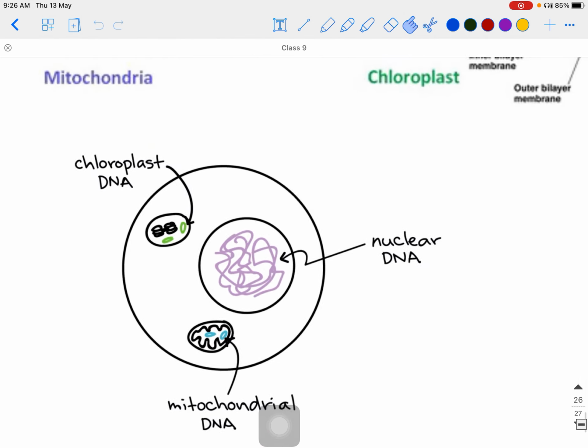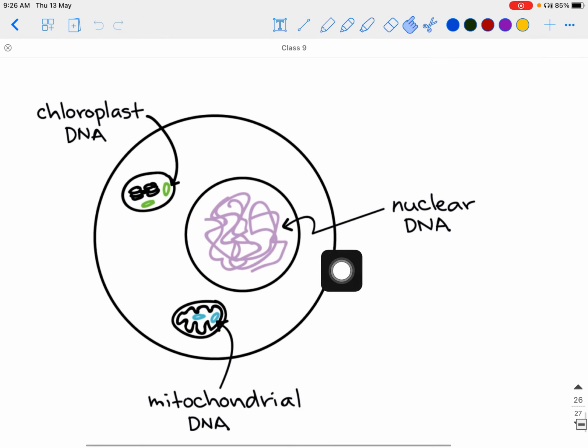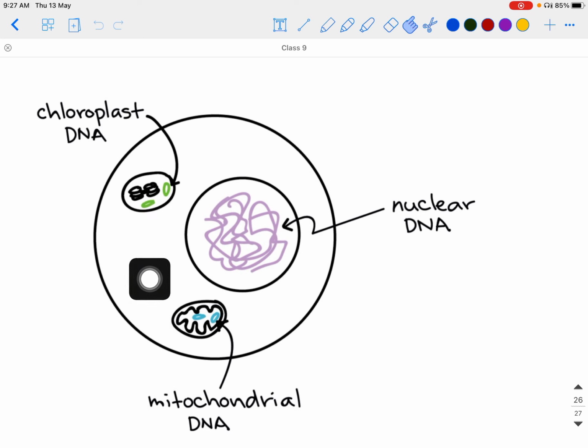And here we can see which organelles have their own DNA. We know the nucleus is the most important organelle that contains DNA, and it synthesizes most of the proteins required by the cell. Most of the proteins required by the cell, their information is stored in nuclear DNA. But some amount of DNA is found in chloroplast as well as in mitochondria. That means these two organelles can synthesize some of their proteins. Some of the proteins required by them, they synthesize on their own. For other proteins required by them, they depend on the nucleus.